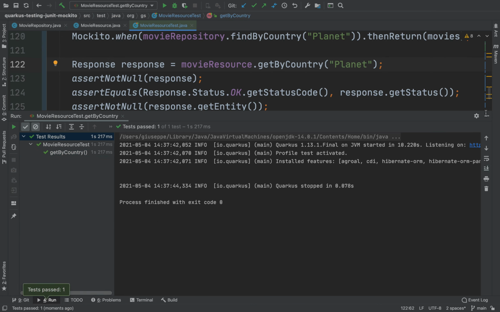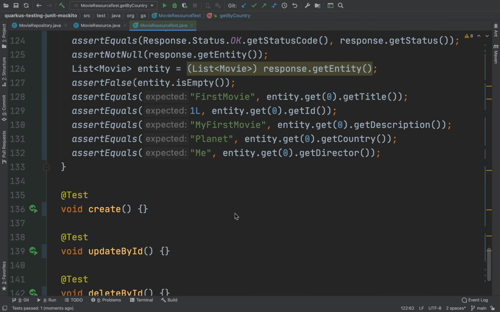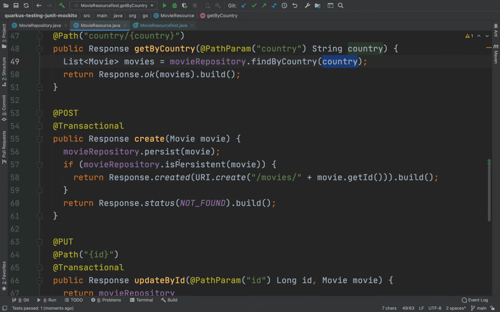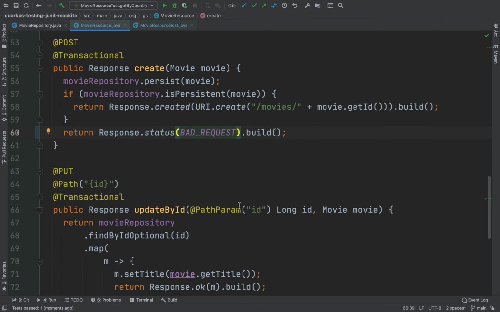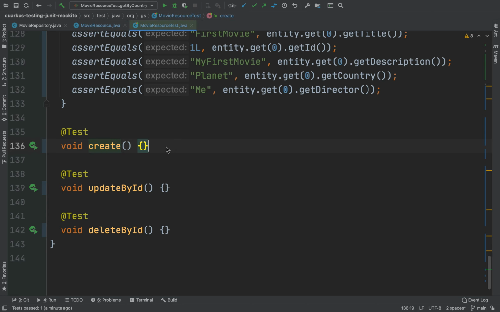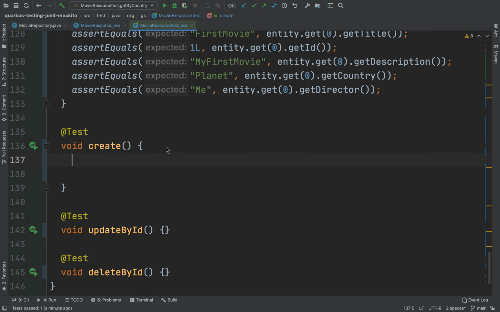Very good. Now let's move on and let's write the test for the create method. The create method will expect the movie entity, it will persist this movie, and then it will check if the movie has been persisted. If so, it will return a response with status code created, otherwise a response with status code not found. Here let me just change not found, but it's better to put a bad request. Very good. Let's go inside the MovieResourceTest, and here let's type